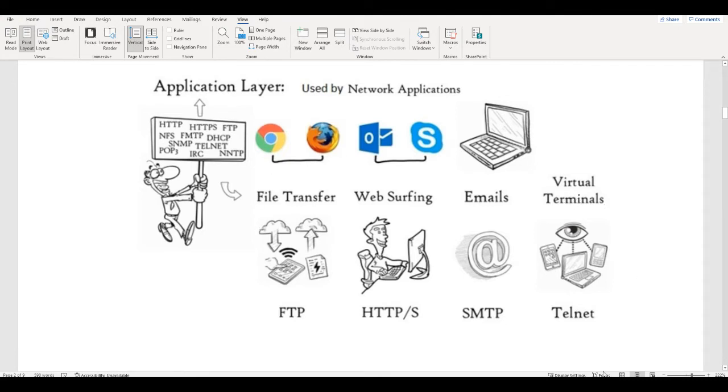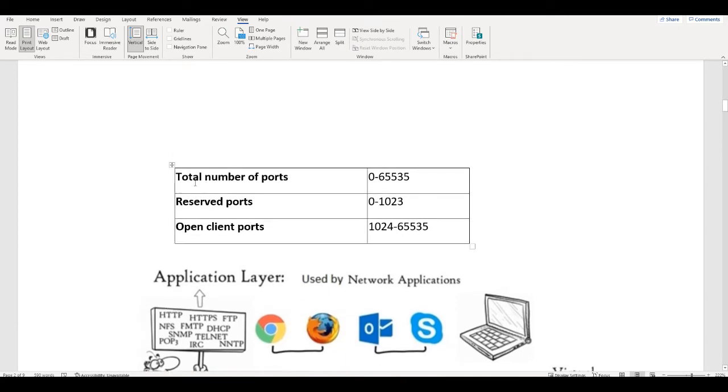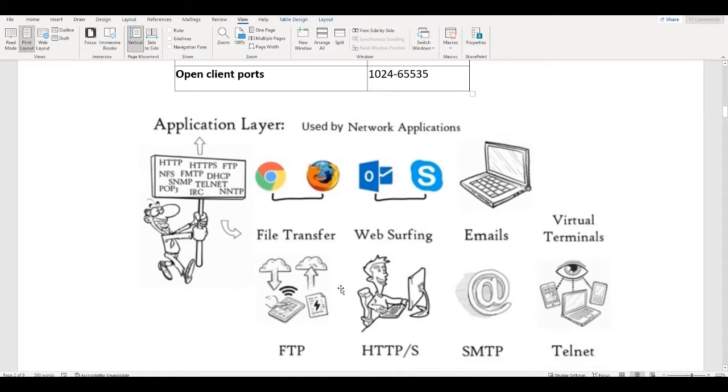So every application, every piece of software will have port numbers, and those port numbers will be updated in the application layer. The total number of ports available is 0 to 65,535. These are called reserved ports, and these are the open client ports which we use. Every application will have a different set of ports.